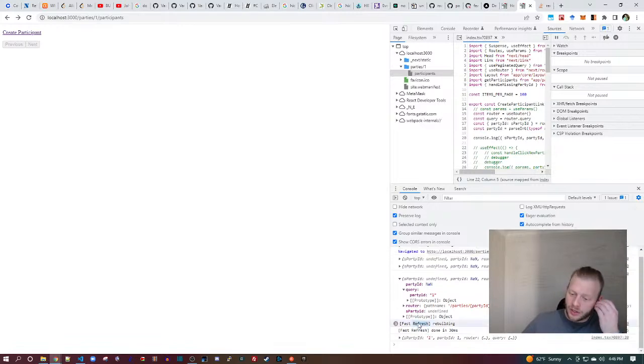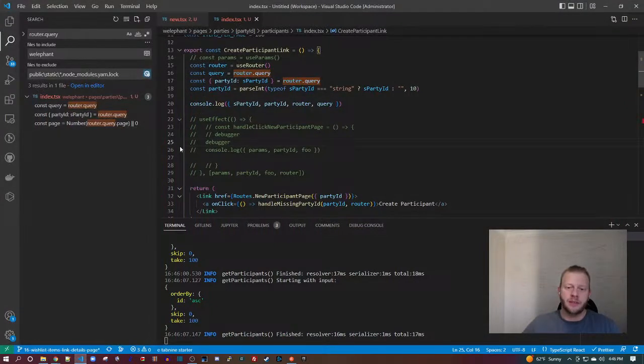Okay, yeah, it was looking for the key name sPartyID, which is not a thing. So this is an aliasing syntax. I look for party ID and I rename it as party ID. That's kind of weird though, right? So I think the smarter thing to do in this case,